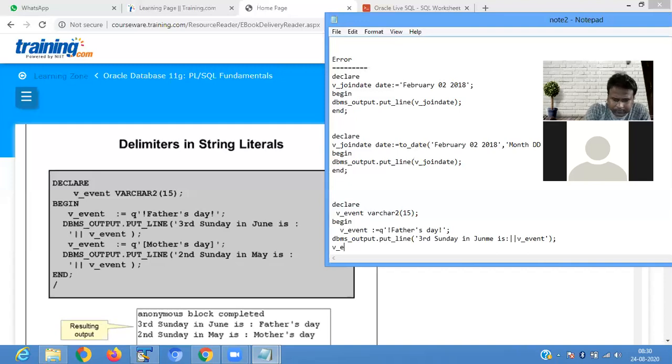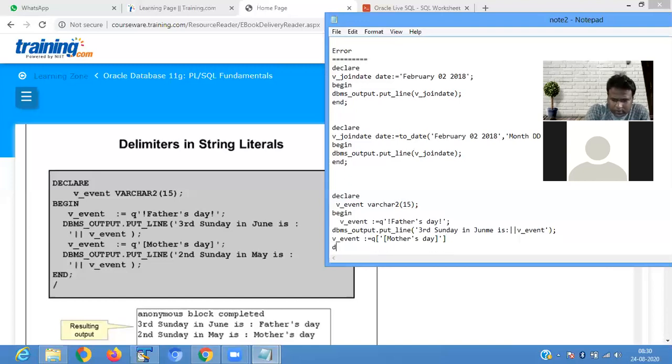v_event := q, define mother's events, dbms_output.put_line, and Sunday in May is